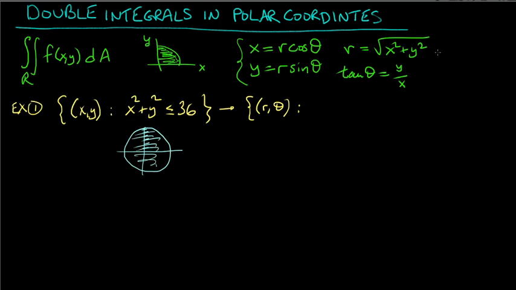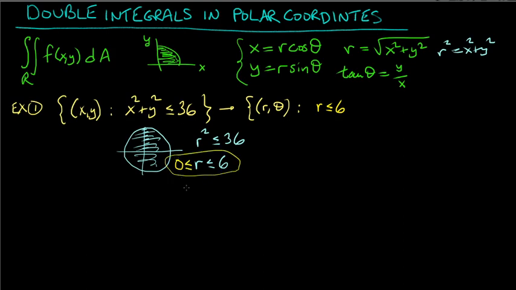So in other words, r squared, of course, is just x squared plus y squared. So this is telling us that r squared is less than or equal to 36, which means r is less than or equal to 6. And that's it, right? So r is less than or equal to 6. You might say, well, wait a minute, the radius here is positive, it's a positive square root. Shouldn't I also stipulate that r has to be greater than or equal to 0? It's assumed, right? So you don't have to say this explicitly because we're assuming that r is naturally greater than or equal to 0. After all, that's how it's defined,